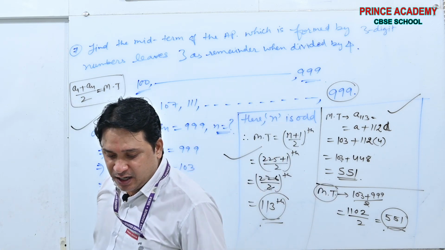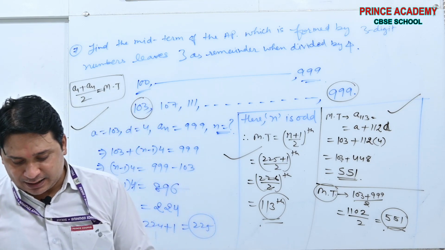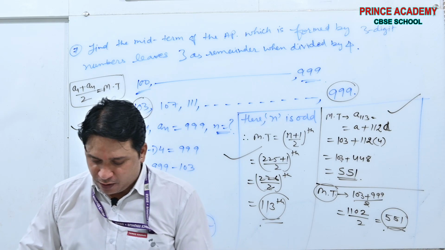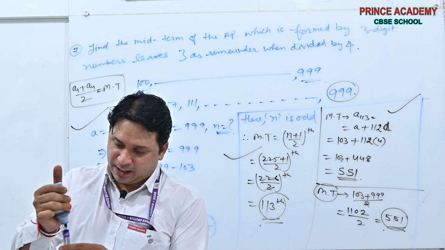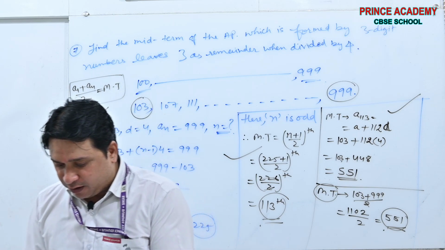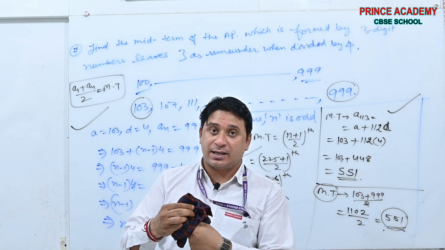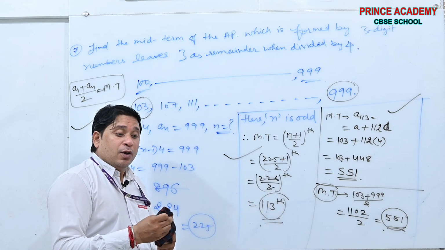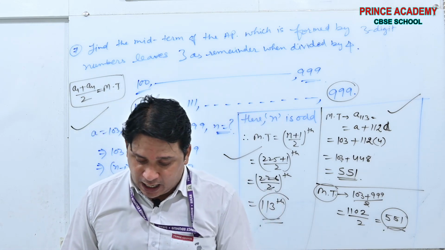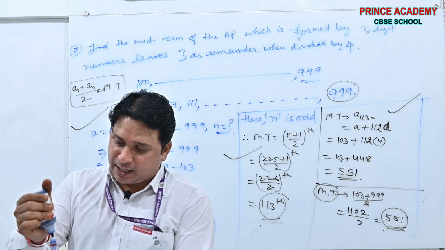When n is even, the shortcut method is first term plus last term divided by 2. See beta, one more trick I am showing you. Whenever the question is asked for 1 mark and the middle term is asked for 1 mark,